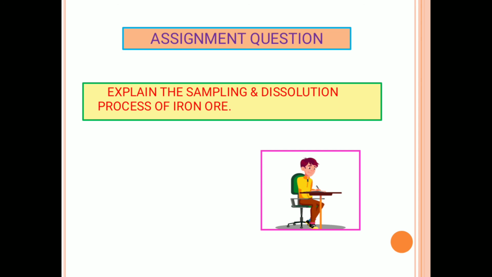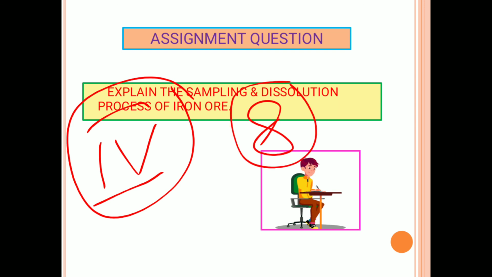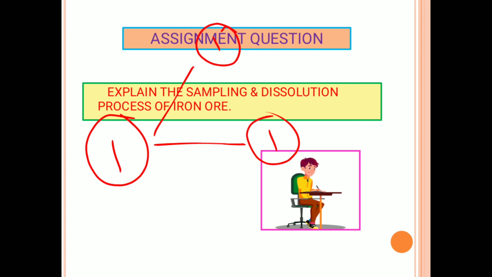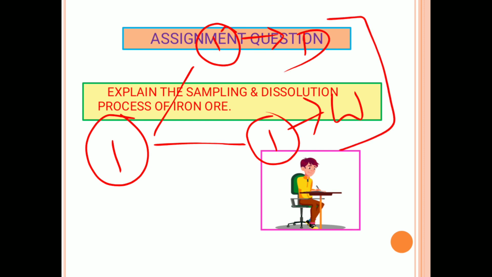As I told you previously, my suggestion is maintain 8 notebooks for 4 papers. So for each paper you need to maintain 2 separate notebooks. One is for daily question writing, that is daily assignment, and another one is for weekly assignment. So the combination of these two will give the material.